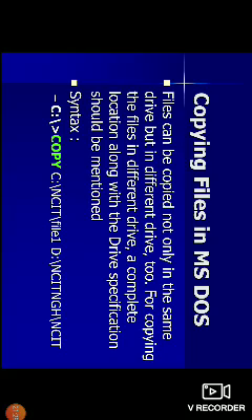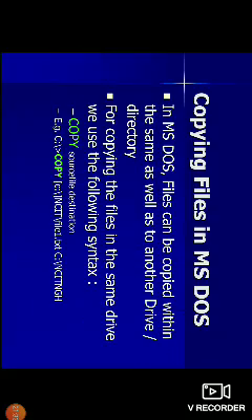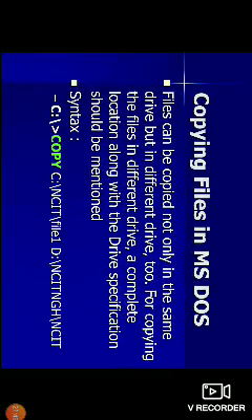In the previous example, one file was copied in the same root directory. Here I am copying one file from one drive to another drive. C is the drive and D is another drive.